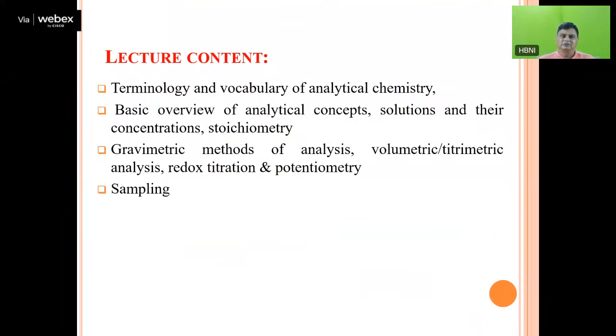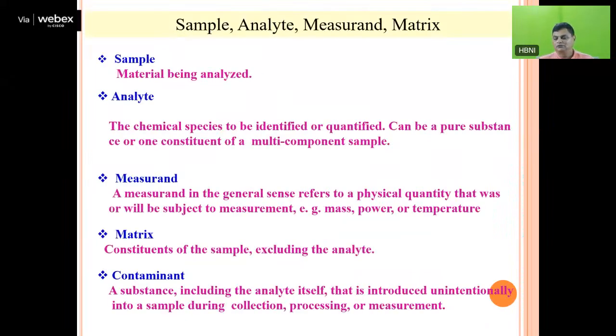So let's start with the terminology of analytical chemistry. The first and foremost term in analytical chemistry is the sample. What is a sample? The material which is given to any analyst is called a sample. Whatever material you synthesize in the laboratory, or if you belong to other parts of the sciences like environmental chemistry, whatever material you collect at the first stage, that is called a sample. And analyte,